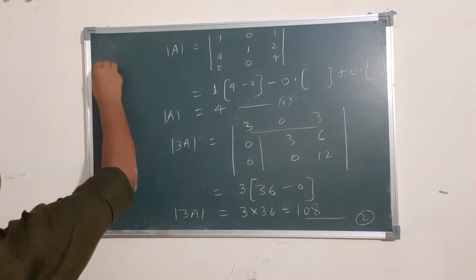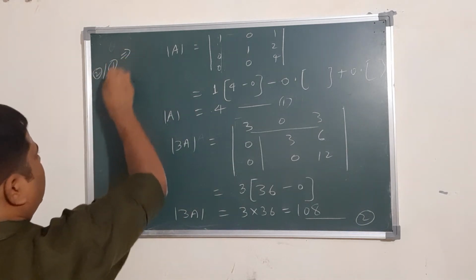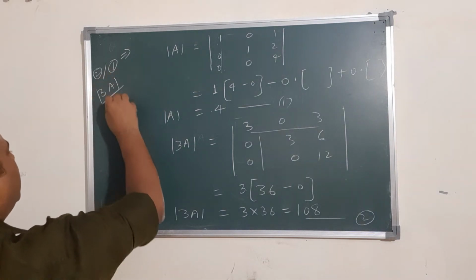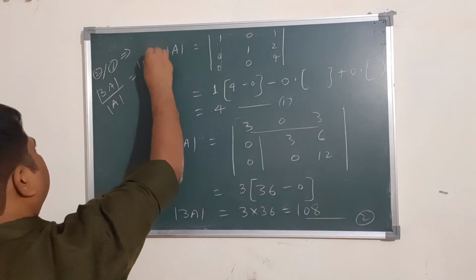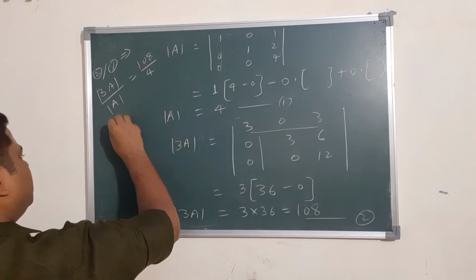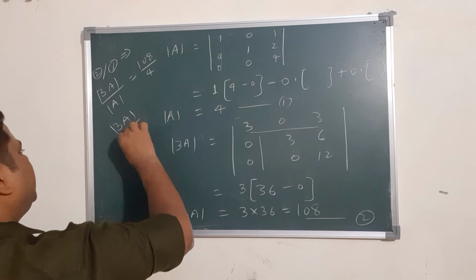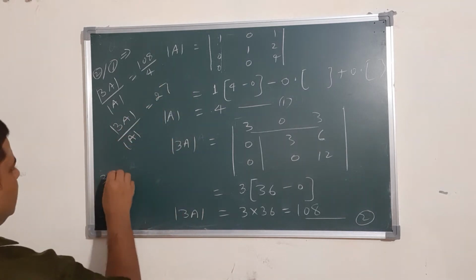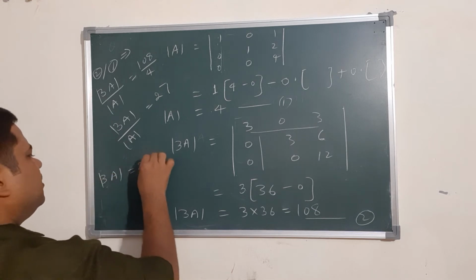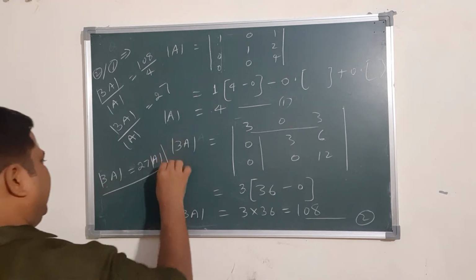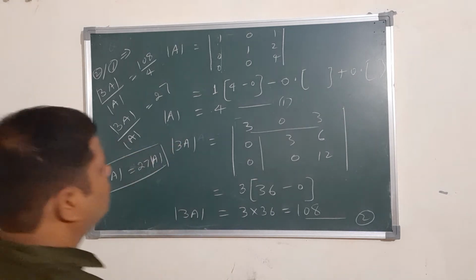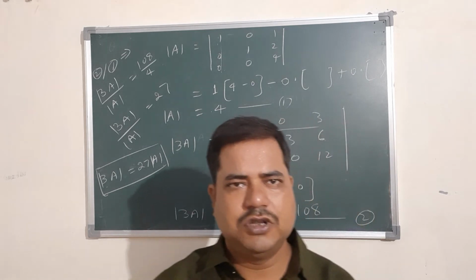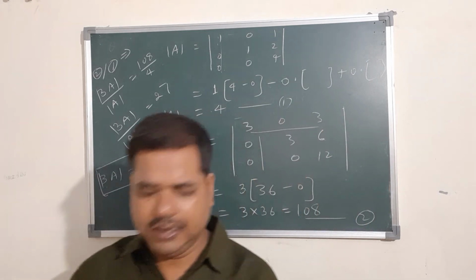Now 2 by 1 implies we have determinant 3a upon determinant a is 108 by 4. So you know determinant 3a by determinant a is equal to 27. So from this you will get the result. Determinant of 3a is equal to 27 times determinant of a. So this we have to solve. So this is the complete solution of that particular question. Okay, now next we will see